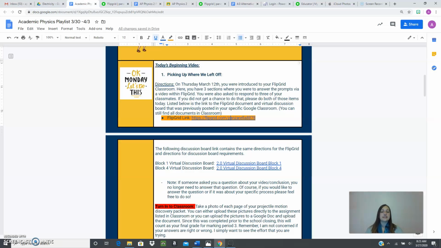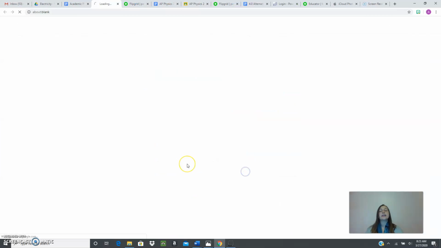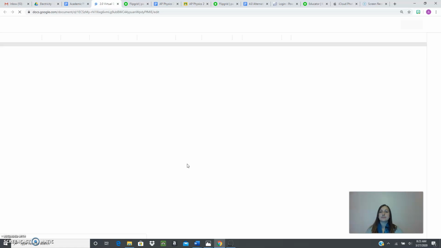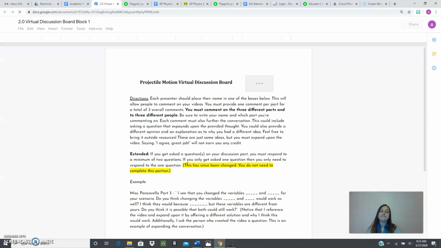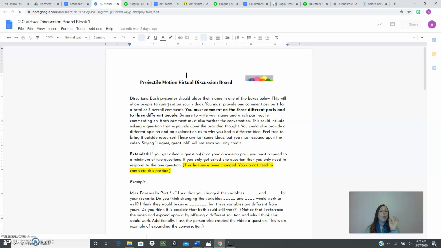Now, since everybody can see your responses and you can see all of theirs, you can go ahead into your blocks discussion board. If we click there, we'll see the directions at the top of the page, telling you, don't forget that I do want to see 3 overall comments, 1 for each of the sections, and I would like you to comment to 3 different people. So here I do give you an example, and right above it,